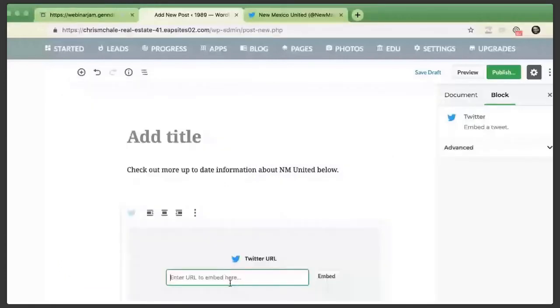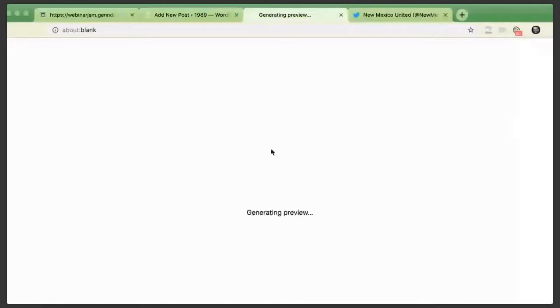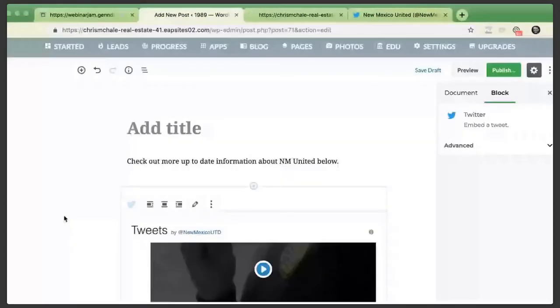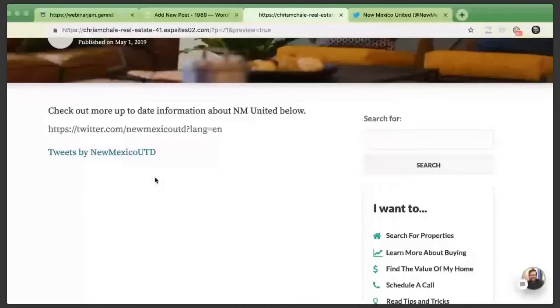In this case, I'm just going to attach New Mexico United's URL here. Once it's embedded, if we preview it, it should pull it up. Once it is set, you should be able to see all of the information about the Twitter account on your page. It's just loading up for a second. There we go. So as you can see, you have a live Twitter feed now from New Mexico United